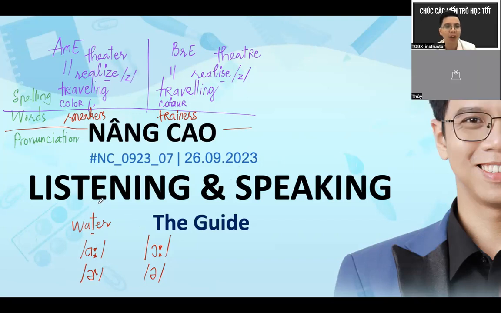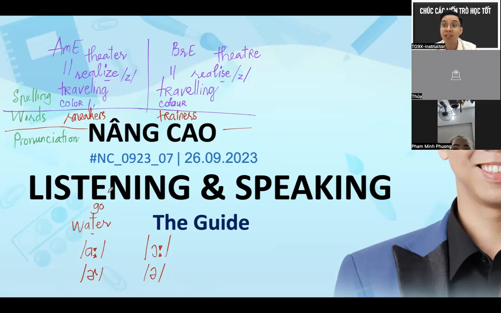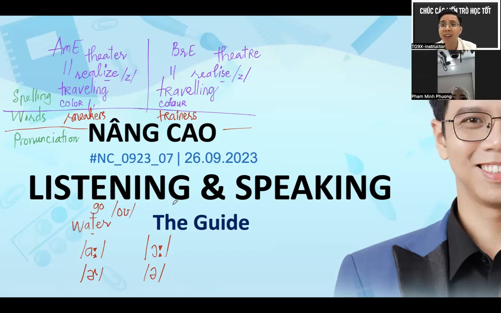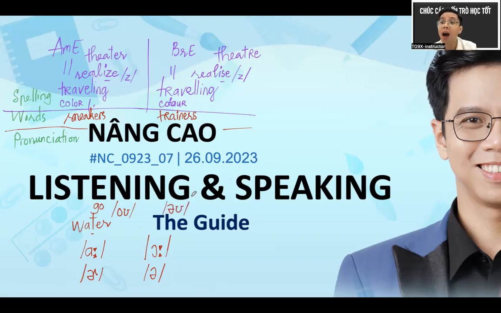Or what about the O sound? For example, this word, go. Vietnamese people say go. American people say go. O and U. O. British people say O. They begin with O and then U. Oh. Oh my God. Not oh my God. Okay, so there are many differences in pronunciation.